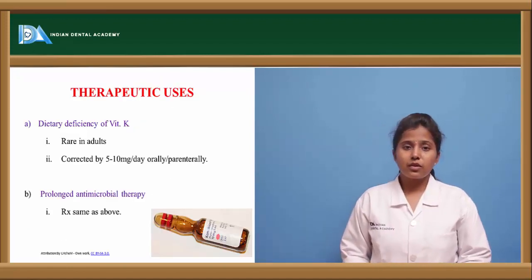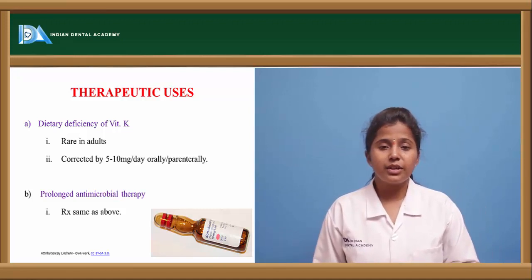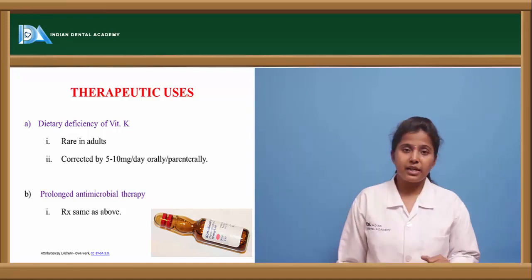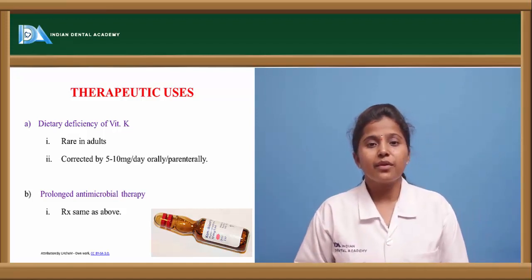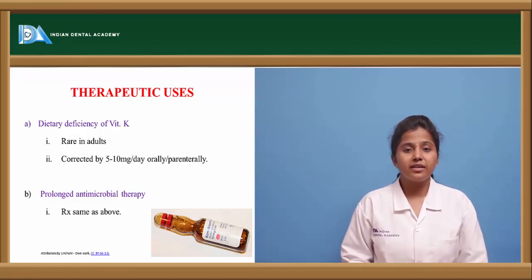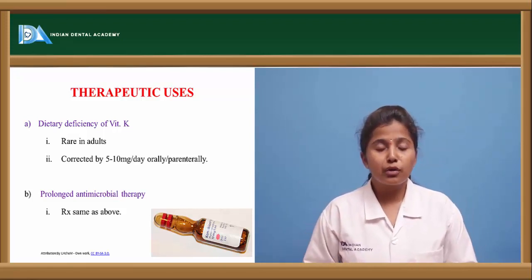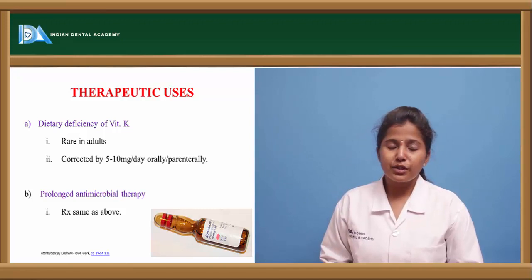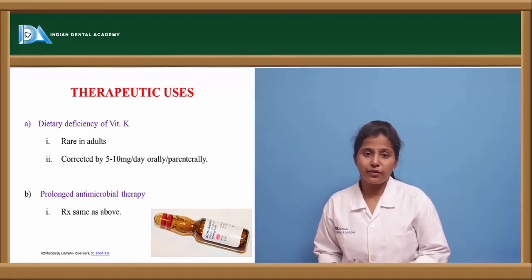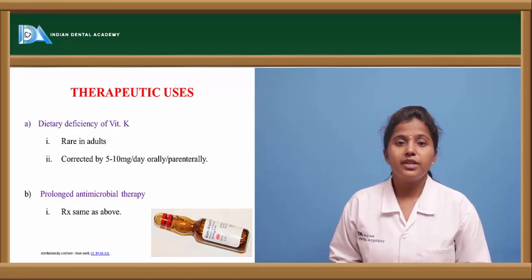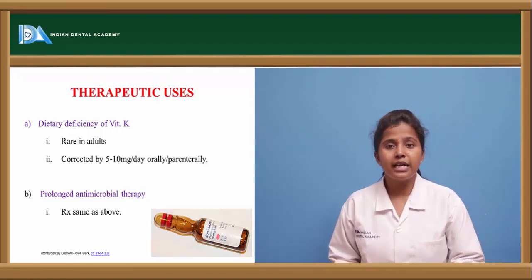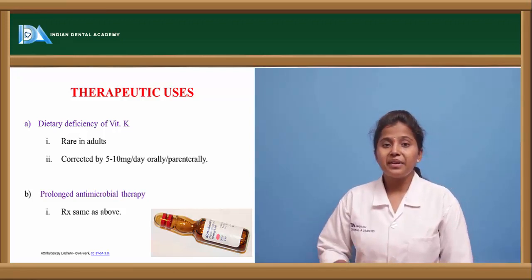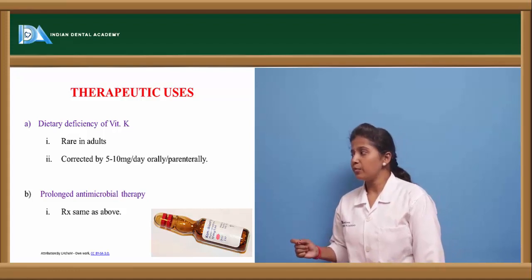What are the therapeutic uses of vitamin K? Vitamin K is used in the treatment of various diseases or disorders. For example, in dietary vitamin K deficiency, if vitamin K is not available in the body through food or diet, then vitamin K supplements are given. This deficiency is rare in adults because most adults take their diet properly. If deficiency occurs because of diet, it is in infants or children only. The recommended dose for dietary deficiency is 5 to 10 mg per day